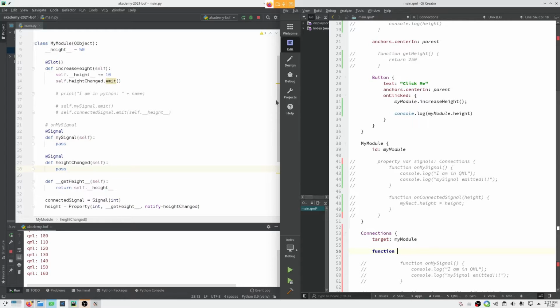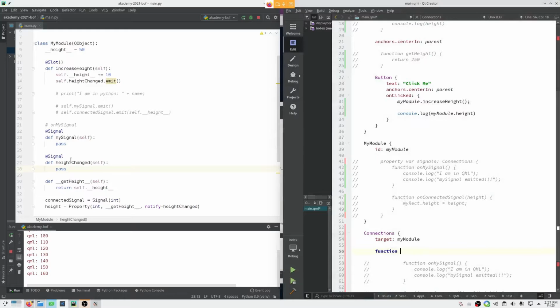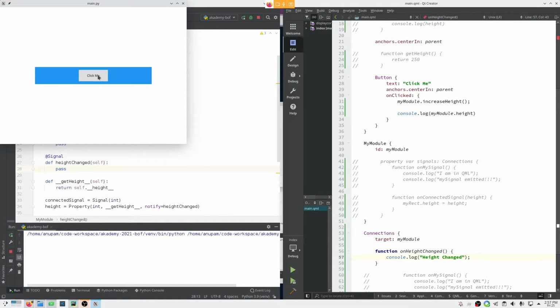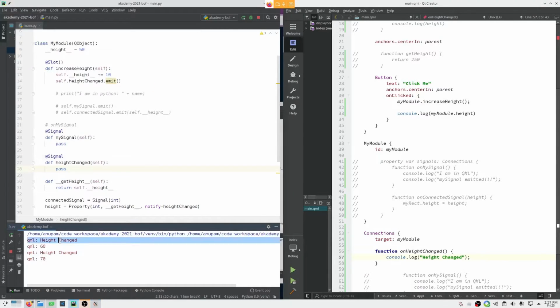Since I emitted a signal called on height change, I will be able to handle it here. Okay, so we are receiving the signal.